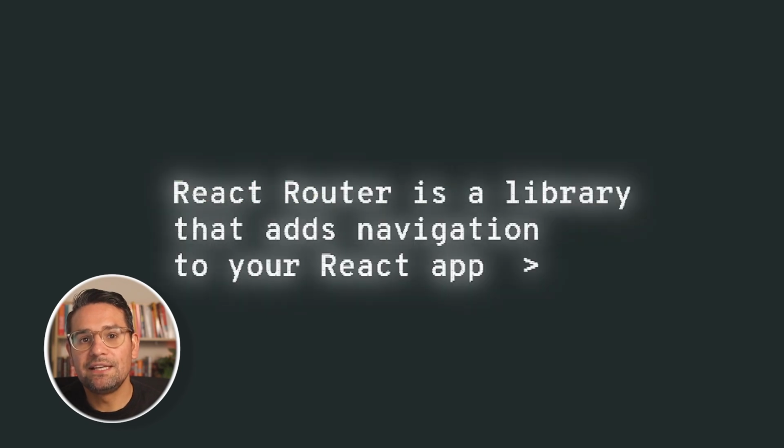So what is React Router? React Router is basically a library that adds real page navigation to your React app. It lets you map URLs to your components, for example /about to your about page. You can navigate between pages using links, without refreshing the page, and you can also build multi-page layouts like real websites. It's basically like giving your app a map so that React knows what to show when someone visits a certain address. So let's walk through building your first multi-page app with React Router, and I'll explain exactly what every line